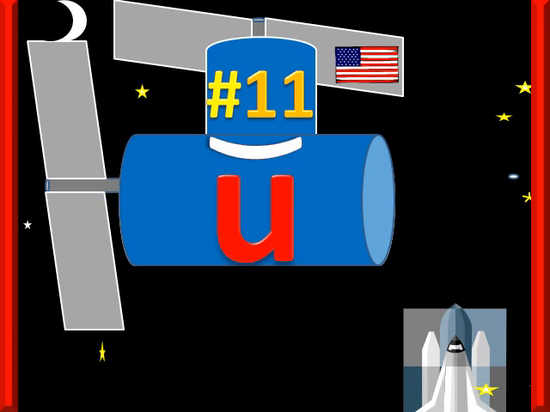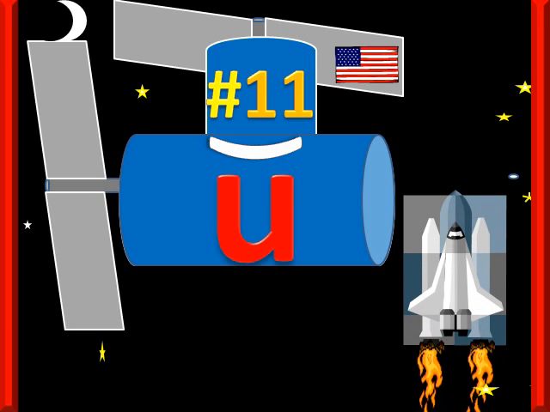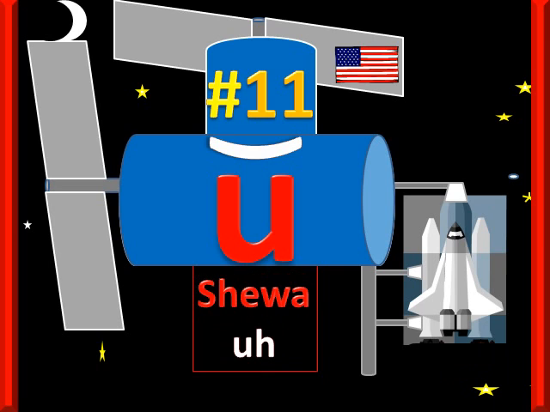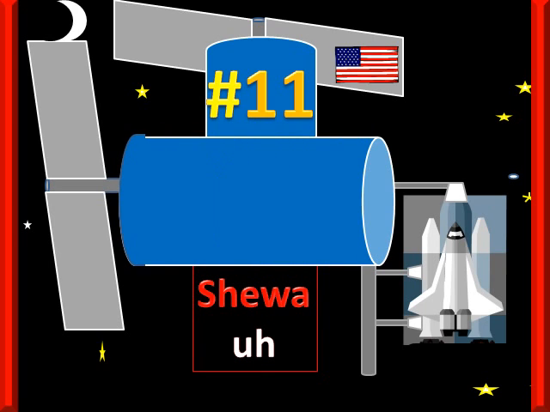Okay, the 11th sound of the 44 sounds of the English language is short U. Short U sounds like, which is the schwa sound. Remember that sound. The schwa. Remember the word schwa. I'm going to do a whole video on that. Schwa. Very important